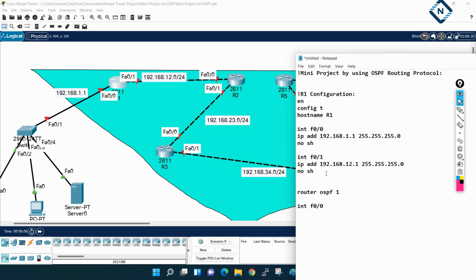We can configure OSPF by using the network command or by using the interface method. Any one method we can use. In the real scenario, we are using the interface method only. Depending on which one you want to use, you can use. But in our enterprise network, in our project where we are working, we are using the interface method to enable OSPF. I saw in many organizations we are using the interface method only. So better use this one.